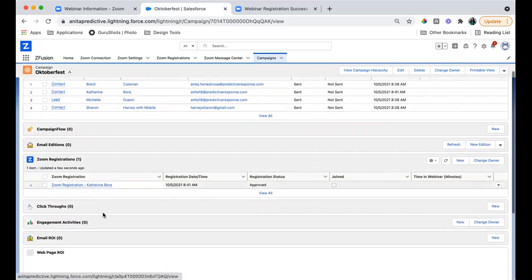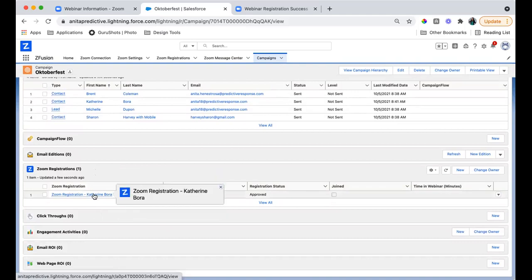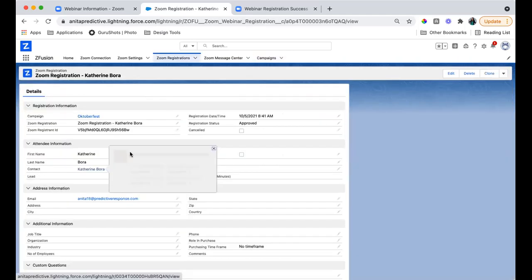You'll also be able to see a custom object called Zoom registrations. If you don't see this on your page layout, please contact your Salesforce administrator and they'll be able to add it to your layout. If I go into the Zoom registration, I'll be able to see all of the information